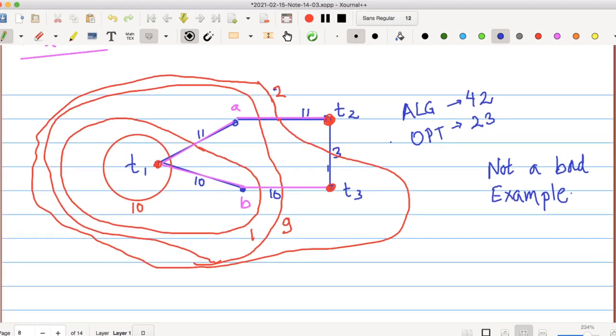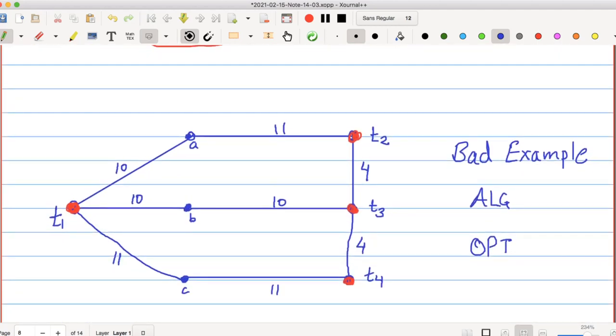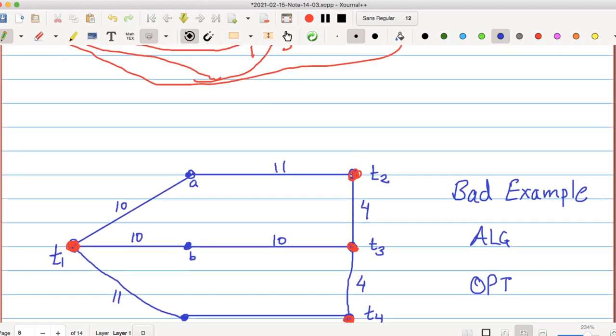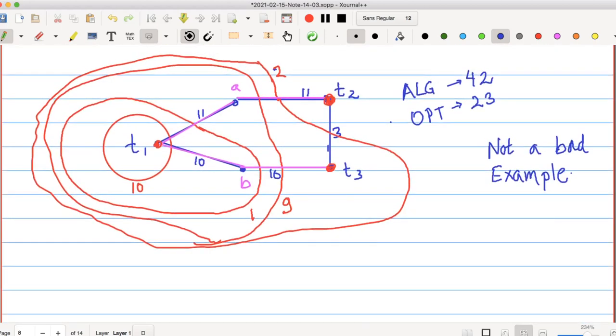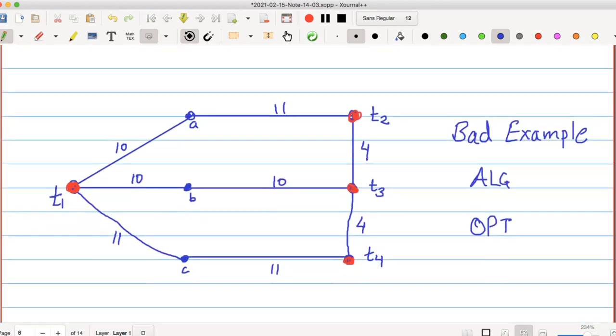Okay, so consider this example with four terminals. When you have more and more terminals, this strategy will give you really bad performance. Suppose you have four terminals, you want to connect all four terminals with each other. And suppose we follow this strategy that we will just keep choosing sets which include one terminal, let's say T1, exclude other terminals, and we'll keep growing the set as we keep getting the tight edges.